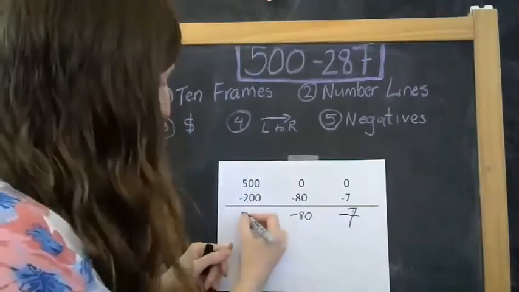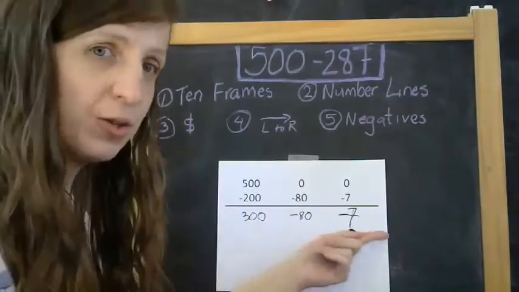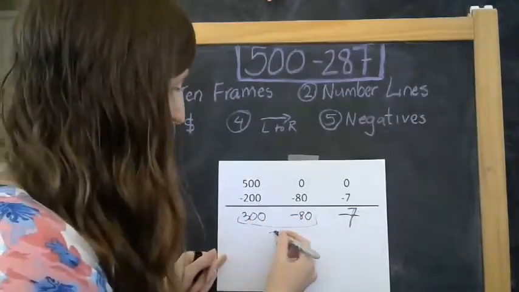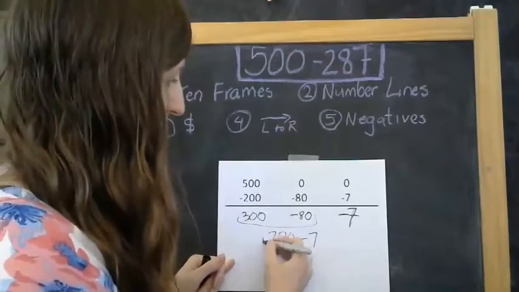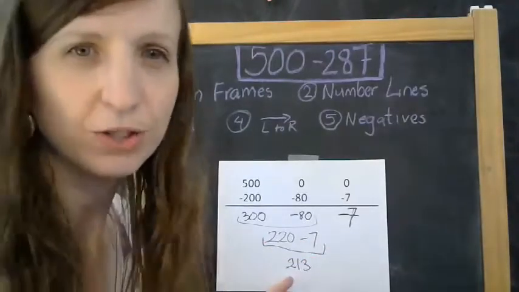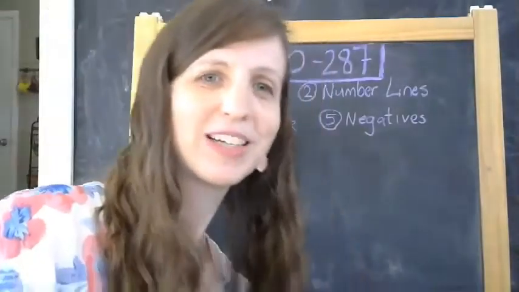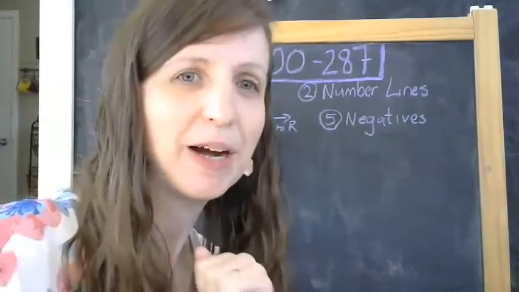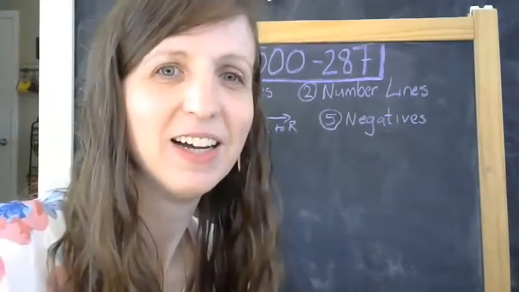500 minus 200 is 300. And then this turns into something very similar. 300 minus 80, 220. Minus 7 is your 213. So that was a quick run through, maybe not as quick as I could have done it, but on 5 different ways. There's still more ways to think about it, but hopefully the takeaway from this is that math can